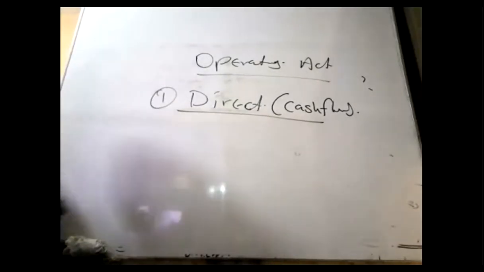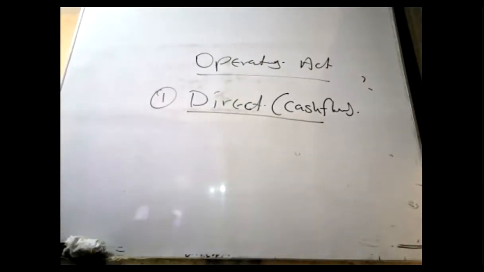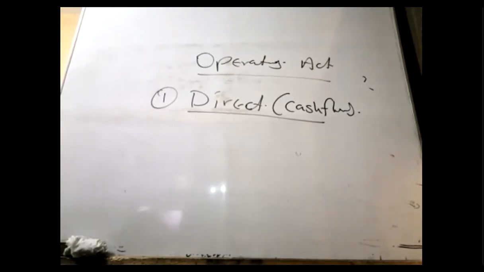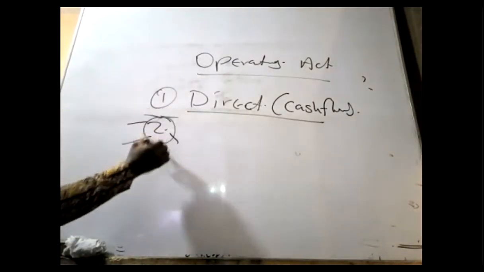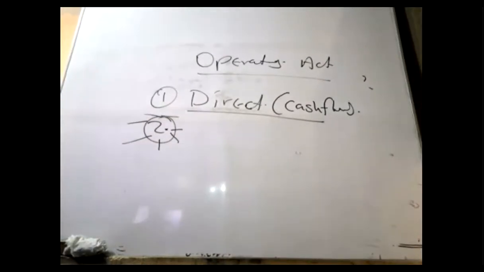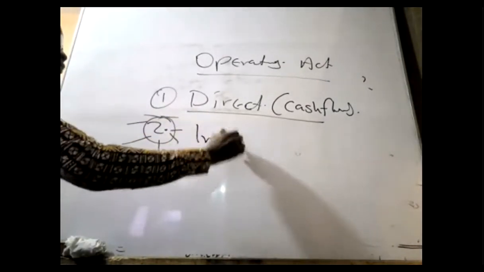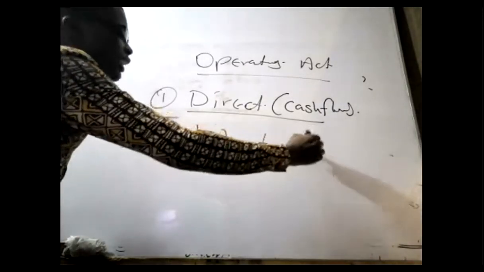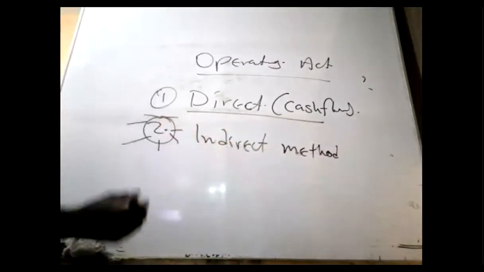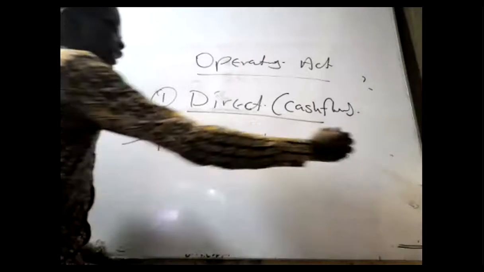The direct method is not common for professional exams. It's common probably for accounting technicians and other fields. Method number 2, highly recommended, is the one that professional exams ask: the indirect method. As the name suggests, indirect method. That one does not use cash flows directly. That one will pick what we don't like, the profit,